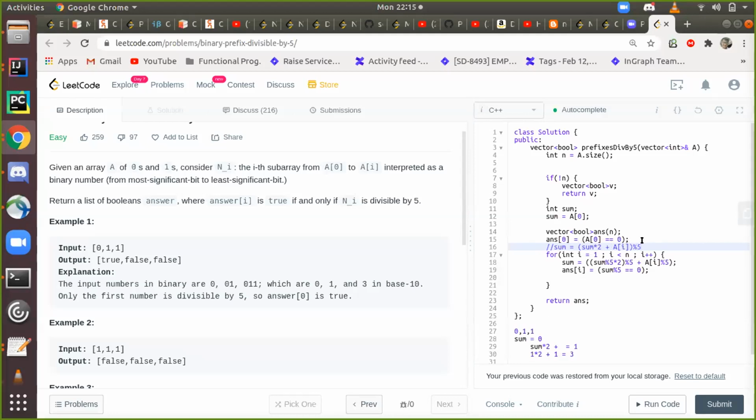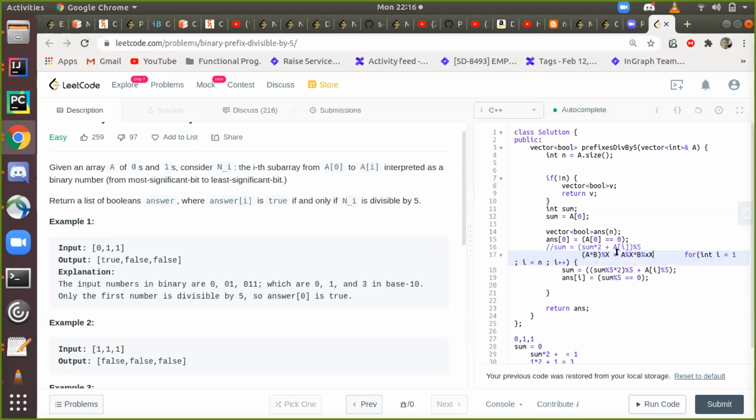Now this expression can be broken down further to prevent overflow. We know this property, right? A into B modulo of something is the same as A modulo X into B modulo X, with the outside modulo, and the whole modulo.